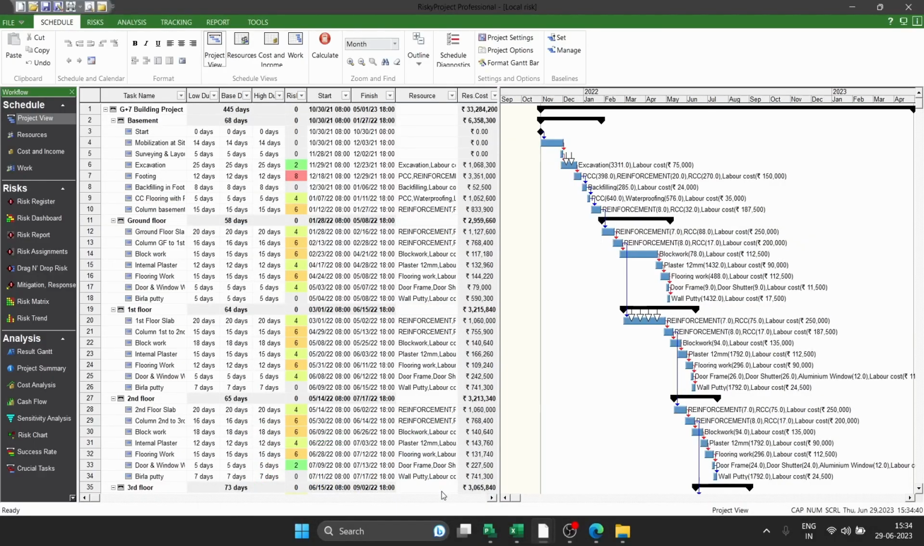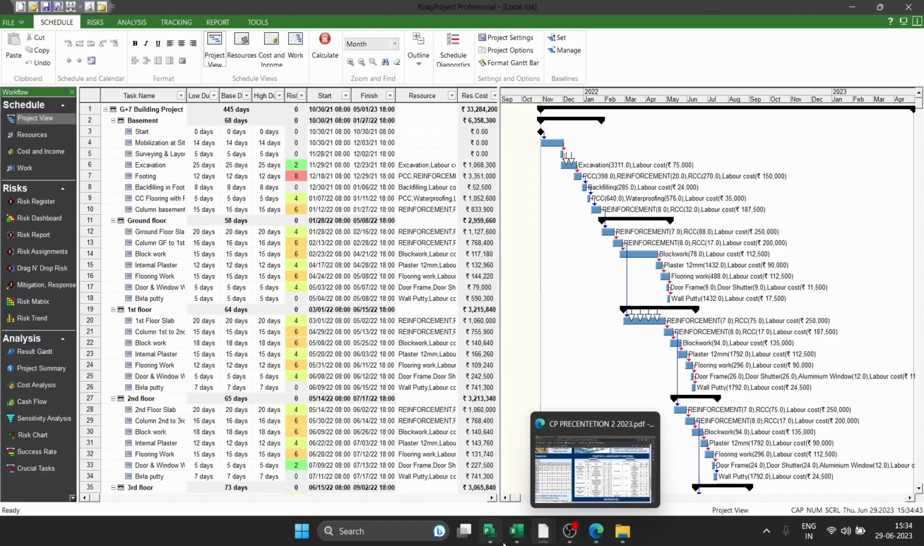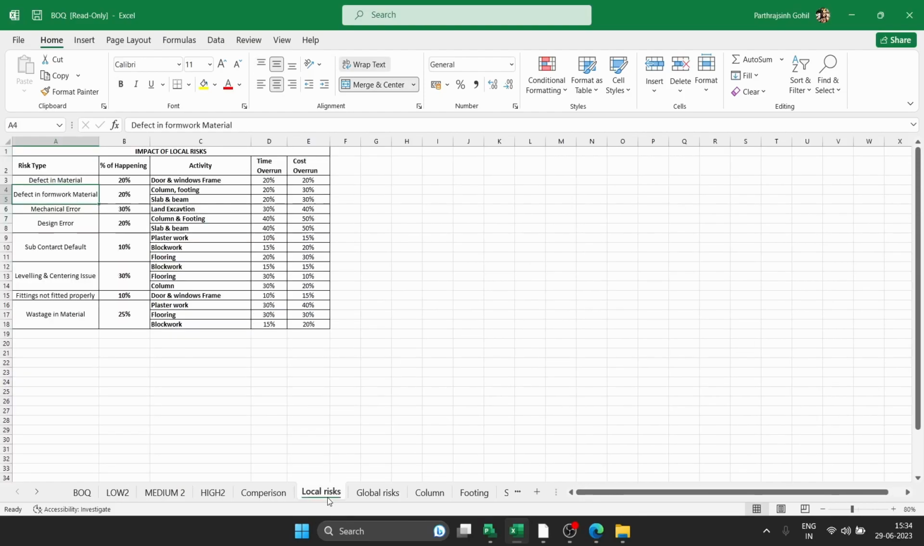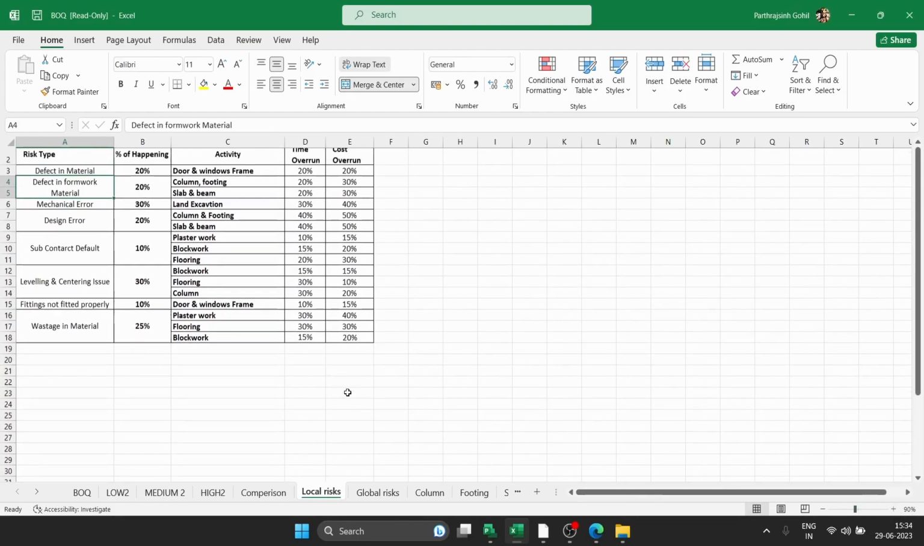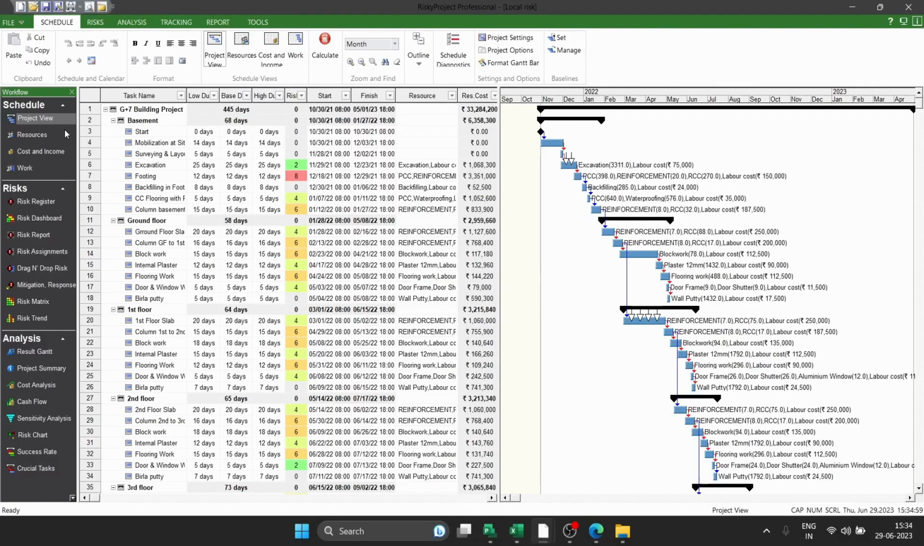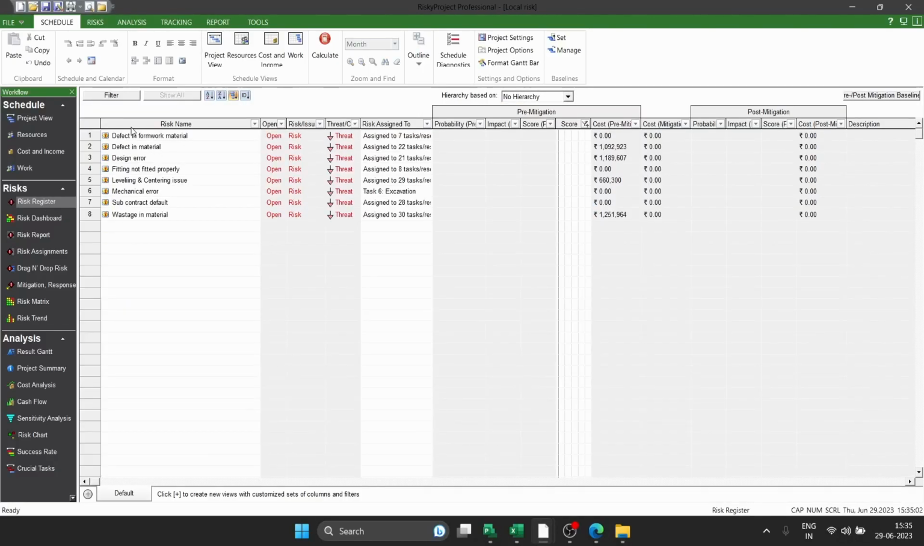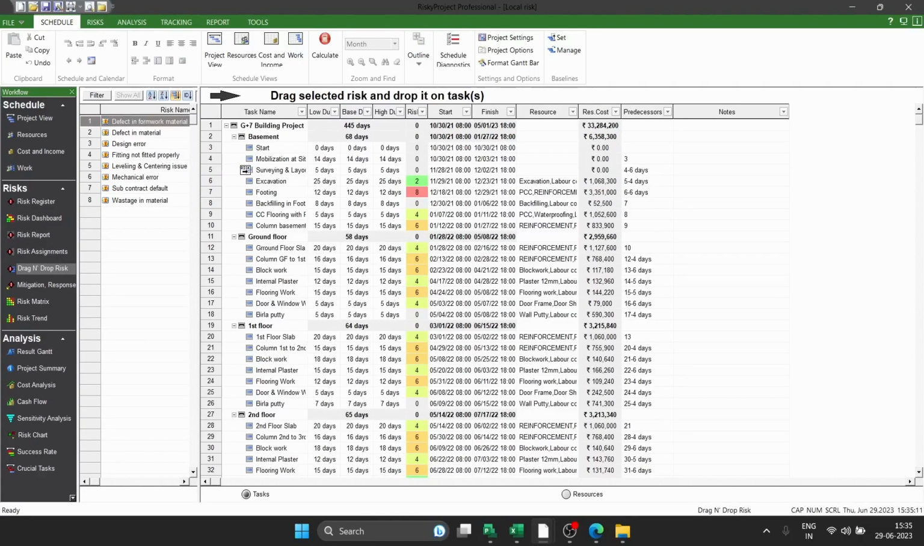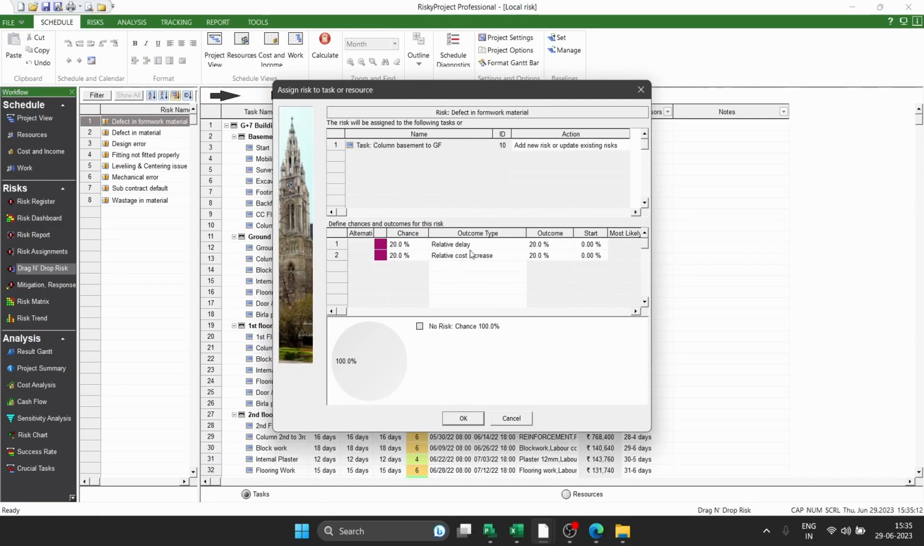सेम इसी तरह हम जाते हैं लोकल रिस्क की फाइल पे। लोकल रिस्क में क्या होता है कि ये सारे लोकल रिस्क है। यहाँ पे जो जो एक्टिविटी दिख रही है आपको यहाँ पे उसी को लेके हमने यहाँ पे जाएंगे रजिस्टर रिस्क। यहाँ पे रिस्क के सारे रिस्क के नाम डाल दिए उसका। उसके बाद हम जाएंगे ड्रैग एंड ड्रॉप रिस्क। रिस्क को आप कोई भी एक्टिविटी में जाके ऐसे पुट कर सकते हो। आप देख सकते हैं टास्क है कॉलम अप टू बेसमेंट टू ग्राउंड फ्लोर, उसमें क्या है डिफेक्ट इन फॉर्मवर्क मटेरियल,